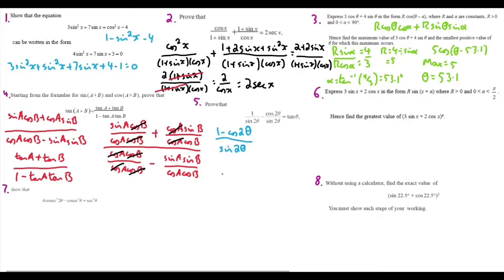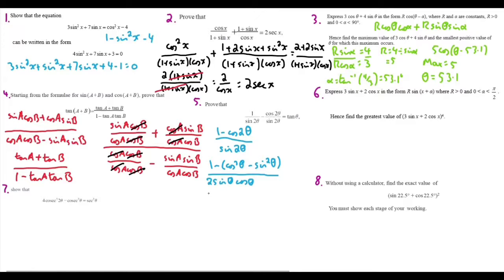Because these are 2 thetas, we can expand them with the double angle formula. So this will be the same as 1 minus cos squared theta minus sine squared theta, and that'll be over 2 sine theta cos theta. Simplifying on the top here, we could replace the cos squared with 1 minus sine squared. So 1 minus 1 would disappear, and then you have minus sine squared is minus 2 sine squared,